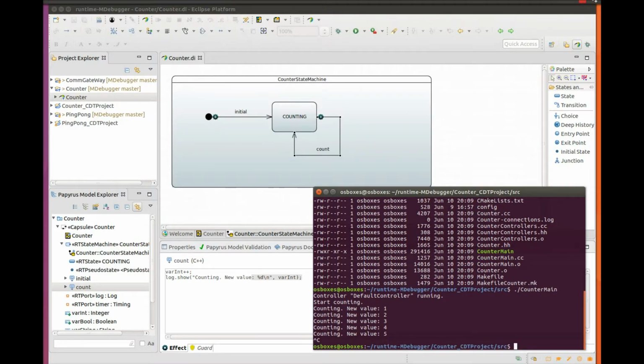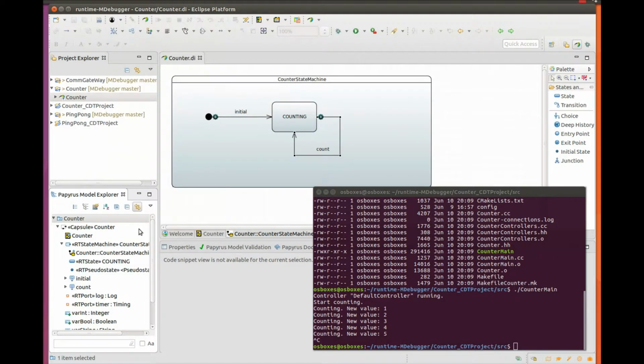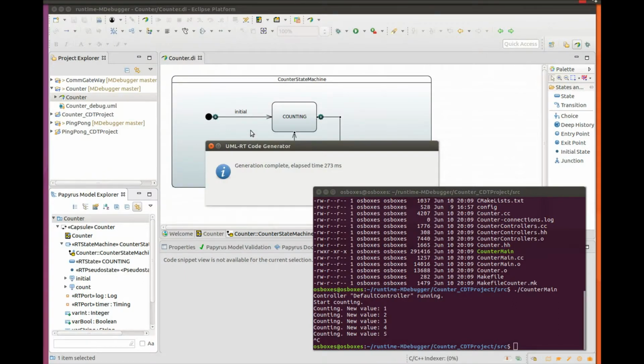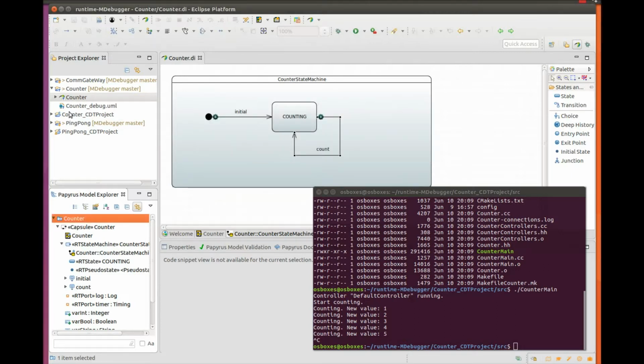Now it's possible using mDebugger to debug this application. To do that, let's go back to Papyrus RT, right-click on the root element inside the Papyrus Model Explorer and choose Generate Code with Debug. When we do that, code is also generated, but this time an instrumented version of the counter model called counter_debug was created, which provides the required features to debug the system at model level.